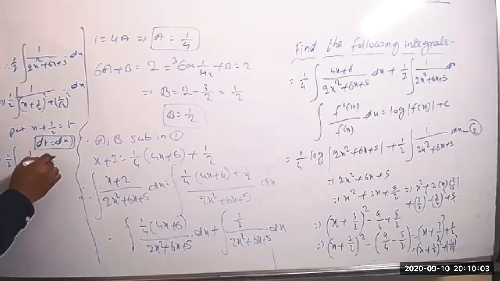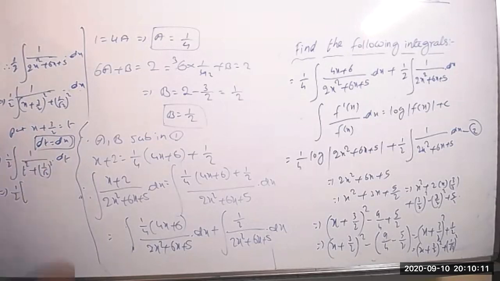Dt equal to dx. That implies 1 by 2 into the integration of 1 by t square plus 1 by root 2 whole square into dt. Then what is the formula we have? The integration of 1 by x square plus a square is 1 by a into tan inverse of x by a. Here x equal to how much? x plus 3 by 2. Then a equal to,